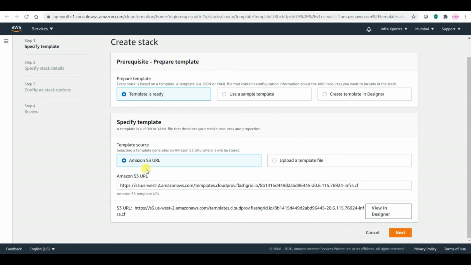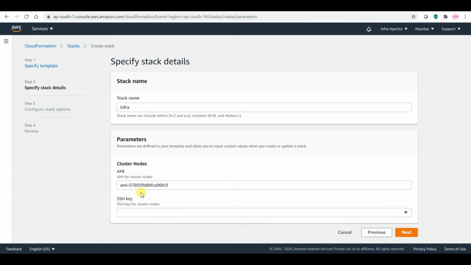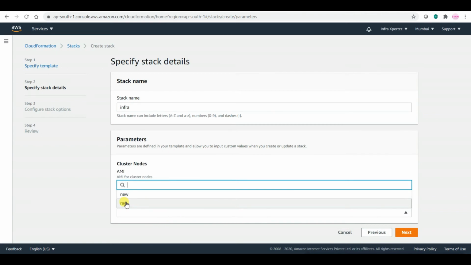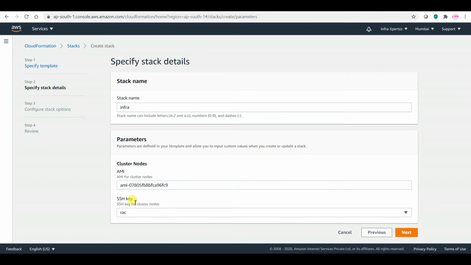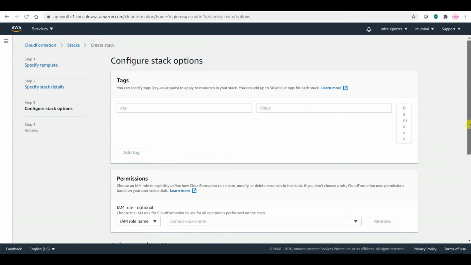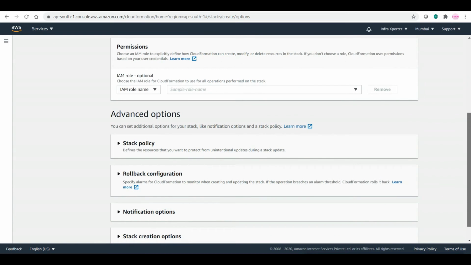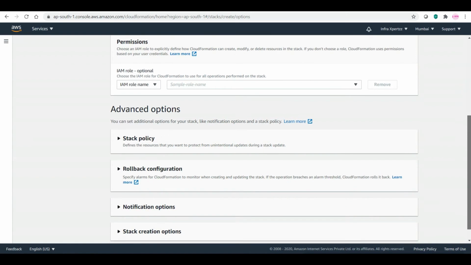So the template is ready. Stack name is infra. Let me take the SSH key as this, which will be shared among nodes also. I'm not giving any, I'm keeping everything as default.